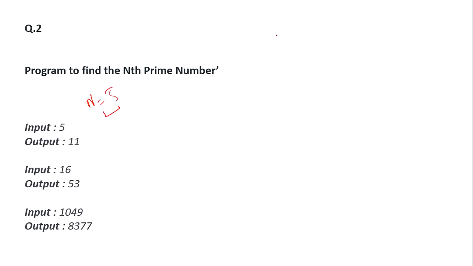So what are the prime numbers? Basically the numbers that are divisible by itself or 1. For example, 5. So 5 is divisible by itself or 1 only. So we have 2. Remember, 1 is not a prime number, right? 1 is not a prime number. So we have 2, 3, 5, 7, 11. 1, 2, 3, 4, 5. So the fifth prime number is 11. And the same we are getting in the output as well.